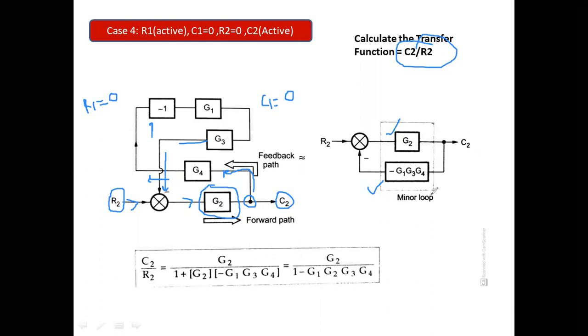Further we can deduce this expression for the block, that is minus G1 multiplied by G3 and G4, and we get a minor loop which is in the simplest form, and we again just use the formula of a closed loop system. The transfer function is always represented by the Laplace of output with respect to the Laplace of input, keeping the initial conditions 0. Here, when we are finding out G(s) and H(s), we can use the negative feedback formula, that is G(s) upon 1 plus G(s)H(s), and we can directly put the value of G(s), which is G2, and H(s), which is minus G1, G3 and G4. Once you put these values, you will get an expression like this.